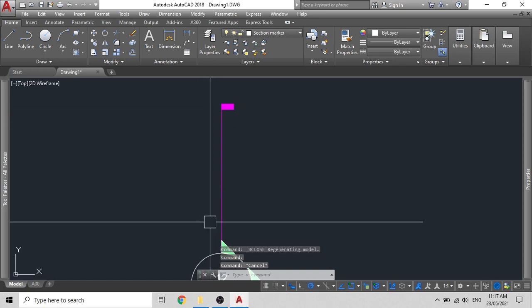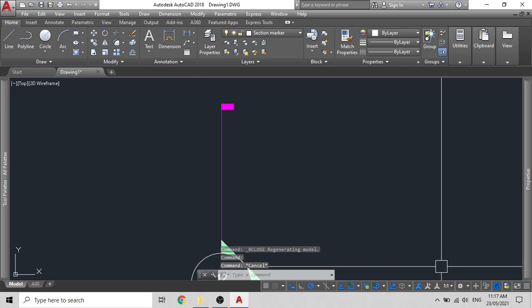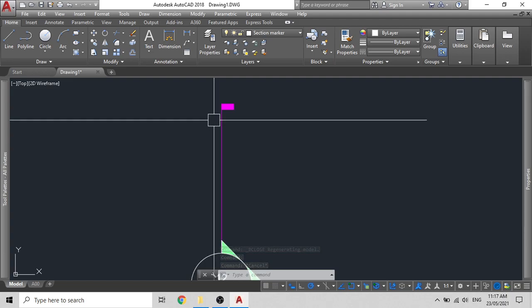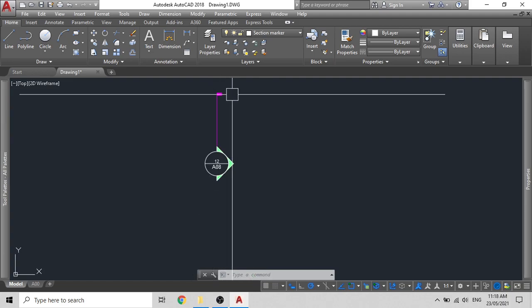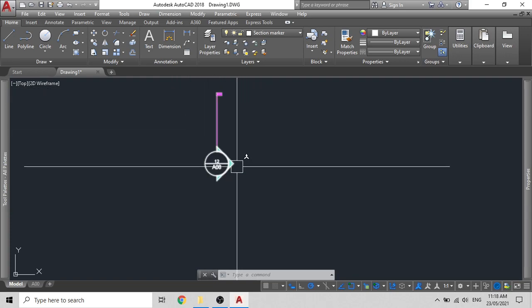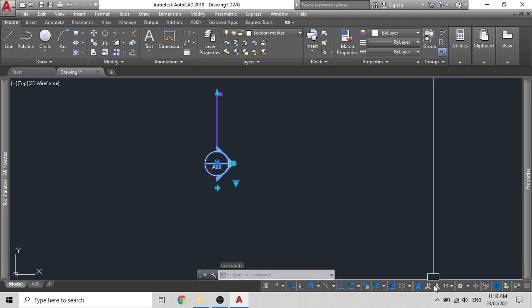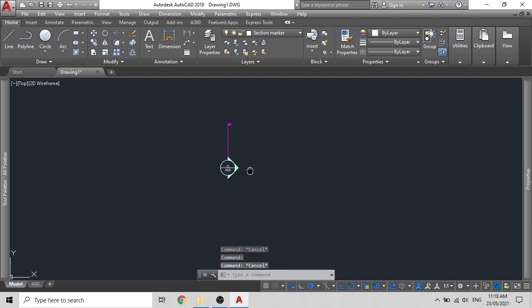Do not worry if these lines are not showing up. Remember, your scale is set to 1:1, so it will not show up. When you actually scale it, then I'll show you another method on how to increase the scale. And in any event, if you are creating your custom section markers or any kind of callout, keep this scale to 1:1.